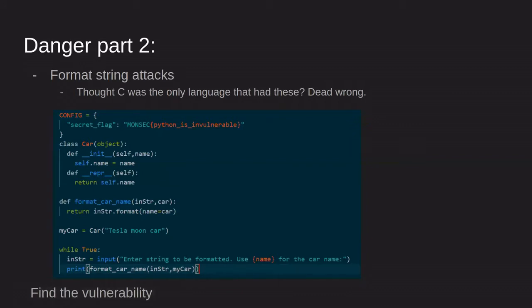Does anyone want to suggest how this might be vulnerable before I go through and demonstrate it? I'll give it 10, 15 seconds while I actually bring the demo up. Escape the string of quotes. Good idea, not in this case.